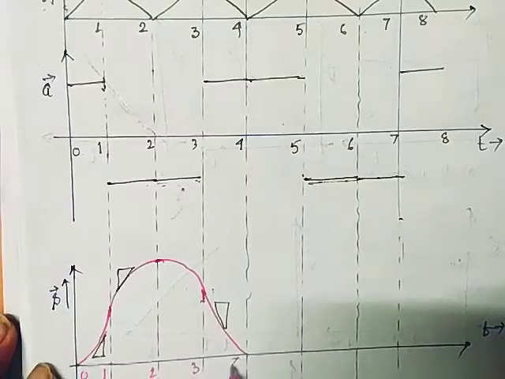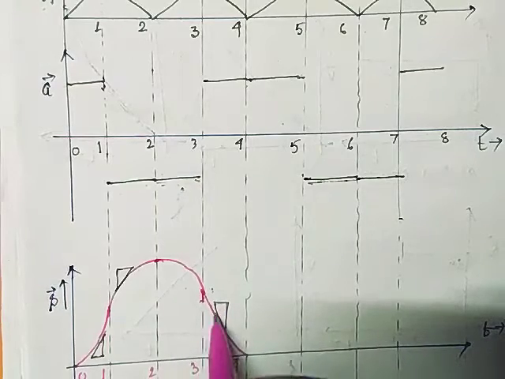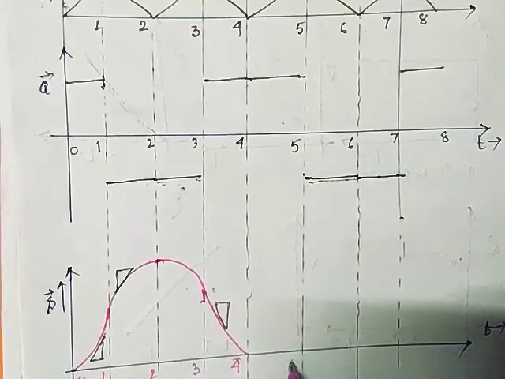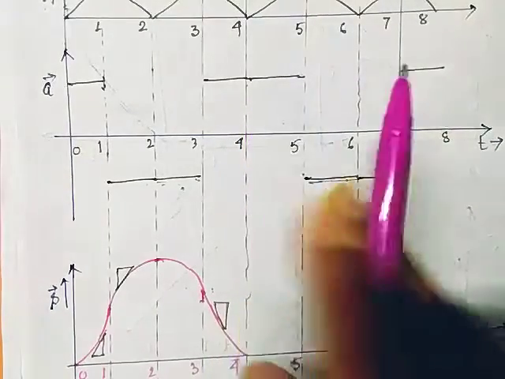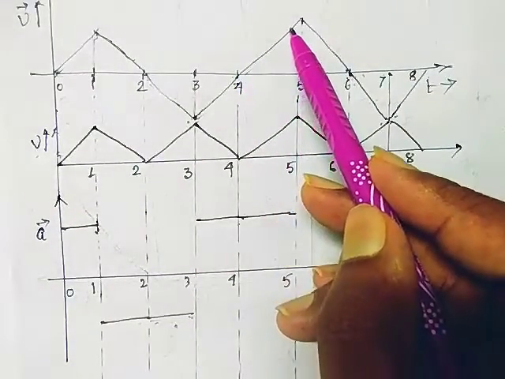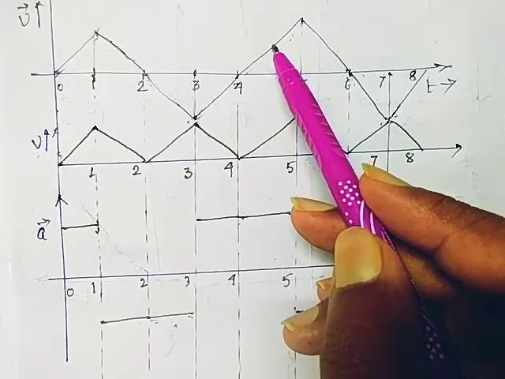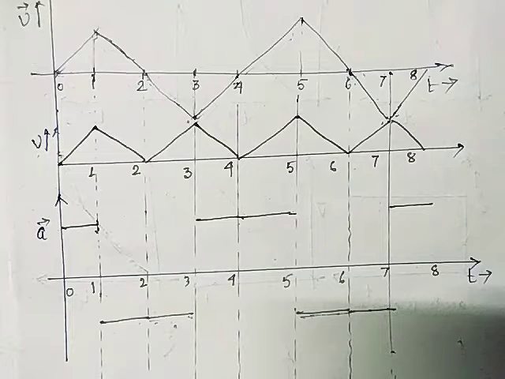If the same thing is followed from 4 to 5, here it is basically representing the slope. It is a triangle, drawing the tangent and then making a small triangle of that. So from 4 to 5, the acceleration is constant, it is evident. From 4 to 5, the velocity is increasing. The velocity is now increasing and the acceleration is positive, so what do I have to show? Just think about it.